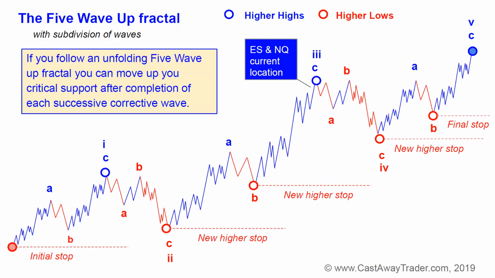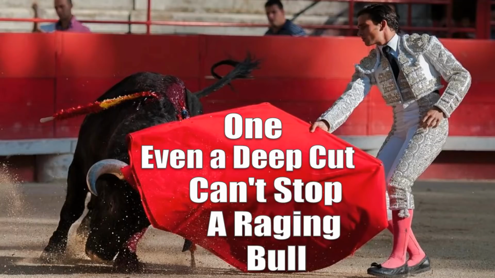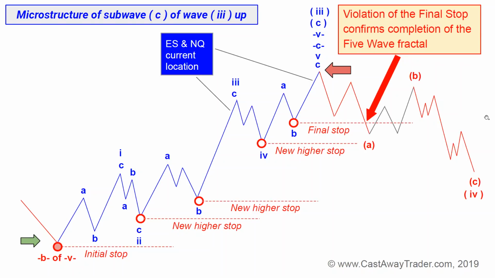So at this point, once price violates that level, that's like a very deep first cut to the spine of the bull market. Even a deep cut cannot stop a raging bull. But once bull gets that deep cut, it starts to bleed in big time. This is when you can start counting time until bulls will die. Let me show you what I mean. You can see here a sequence of higher stops, and that is the point when the bull gets its very first deep cut. This is when the bull starts bleeding.